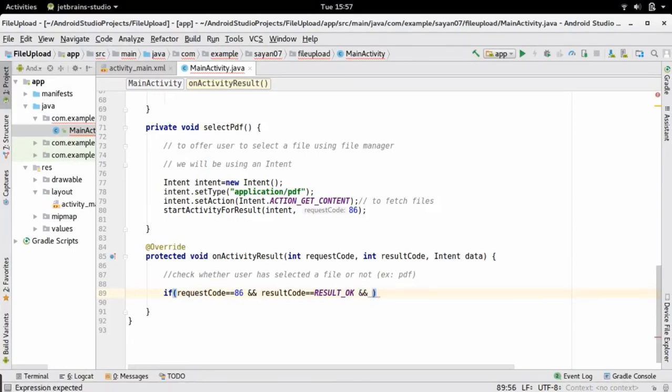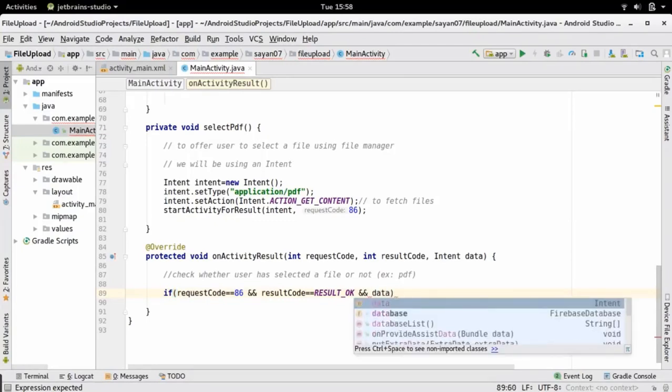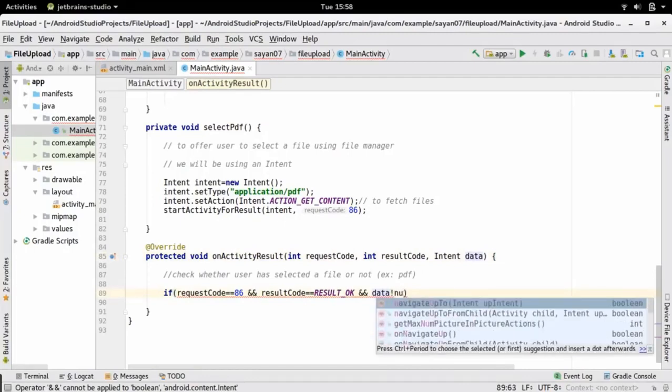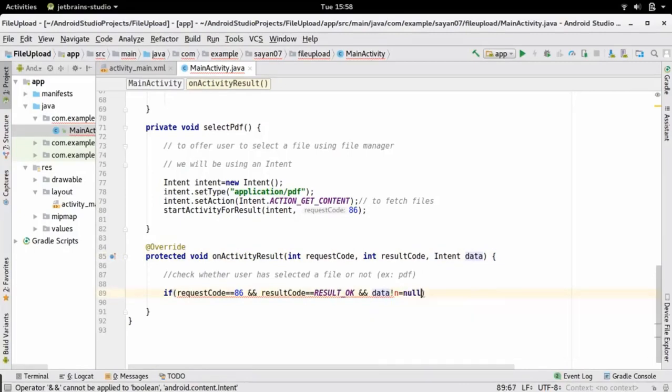And now comes the most important thing, which is whether the user has selected a file or not. To check that, we are going to use this intent data variable and check whether it is not null.